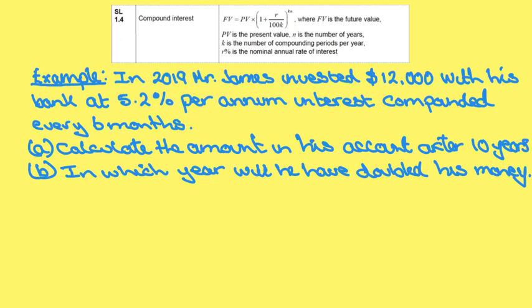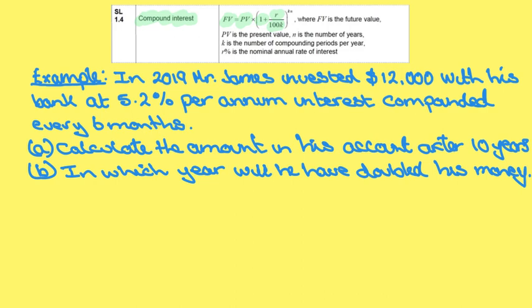In this video, we're going to look at compound interest. So first, let's see what you're given in the formula booklet. You're given the formula for compound interest, which is FV is equal to PV times (1 + r/100k)